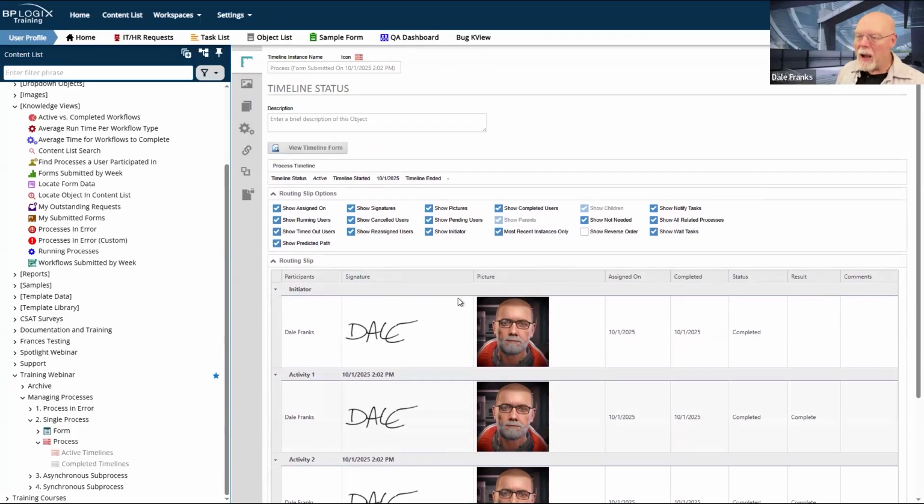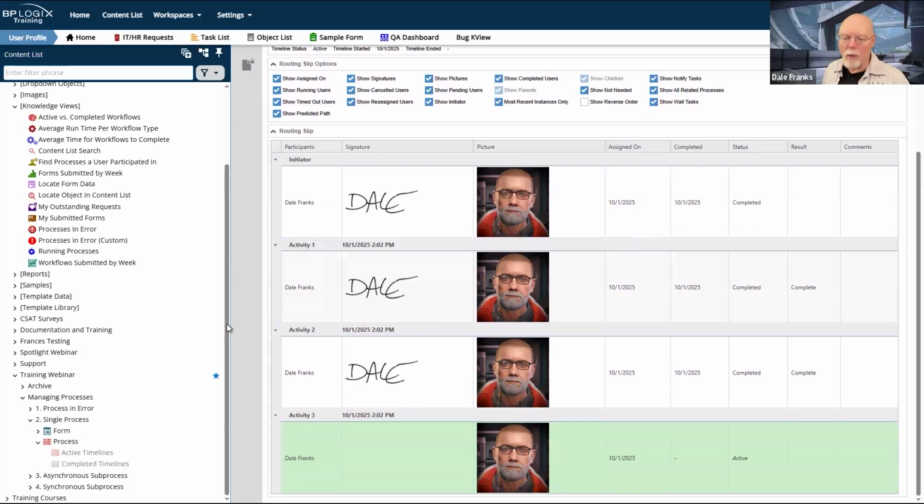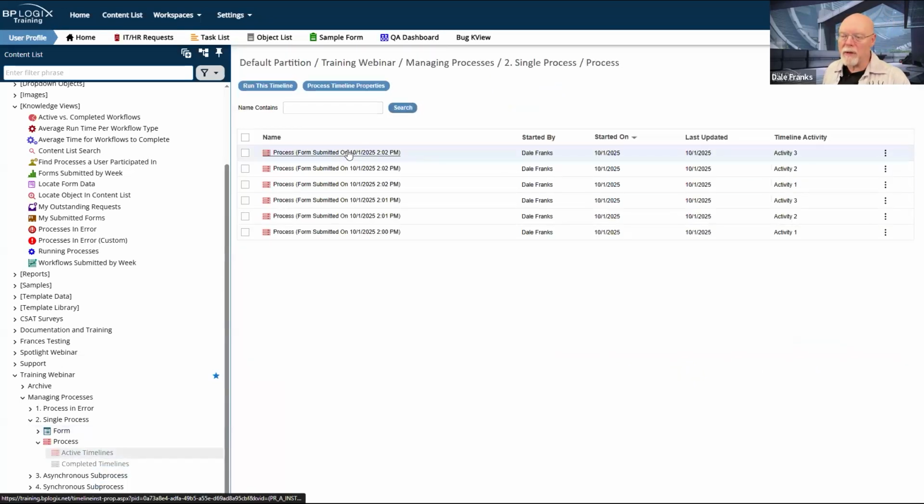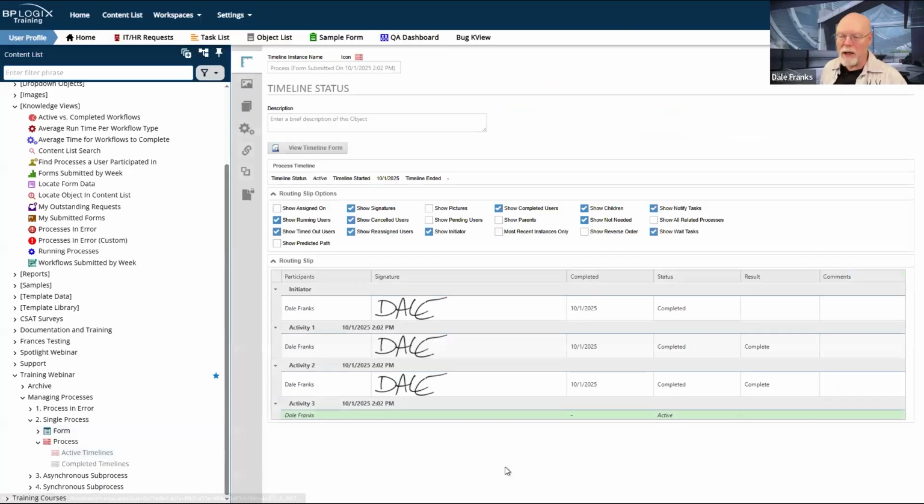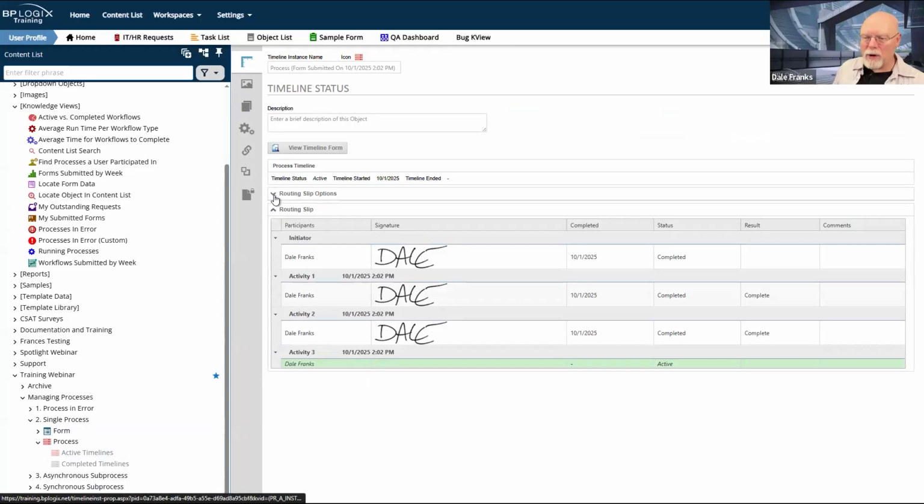So I have a lot of options on the routing slip for how I want to see it, but in general, the default view gives us most of the information that we need, and it's acceptable for most cases. Most cases, not all. We'll discuss that in a little bit. So that's really all I can do here. This is not really the most important tab, and in fact, it doesn't give you some vital information that you need to know, which we'll talk about when we talk about processes and error.